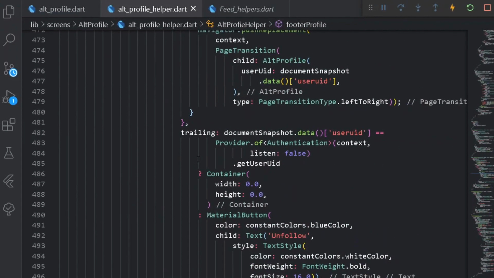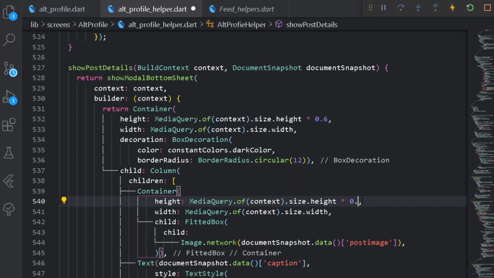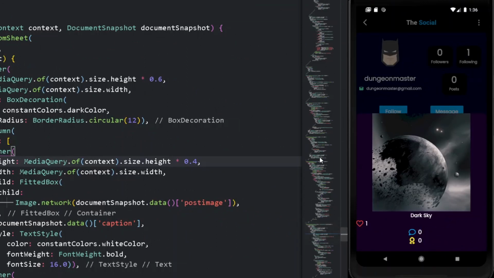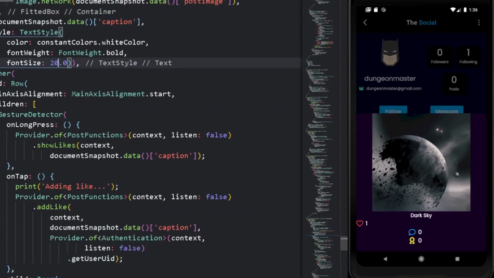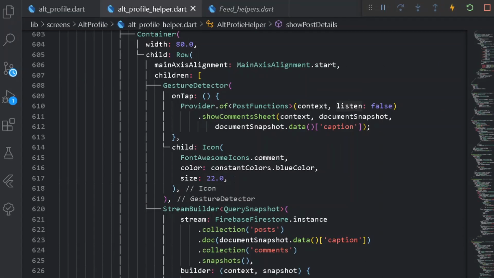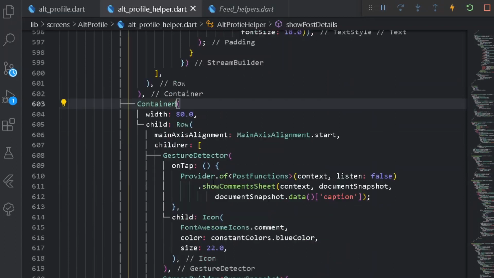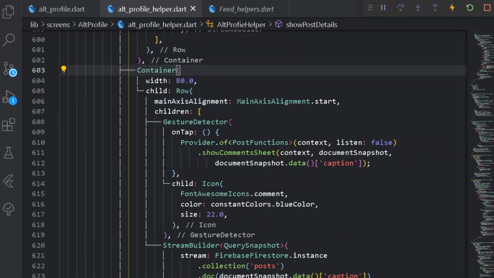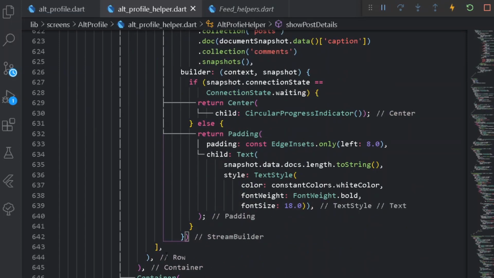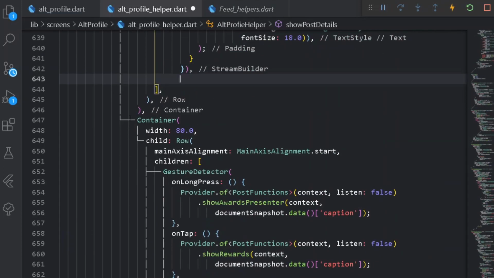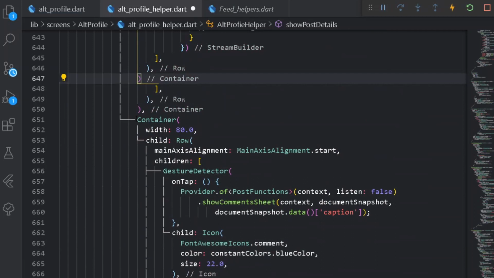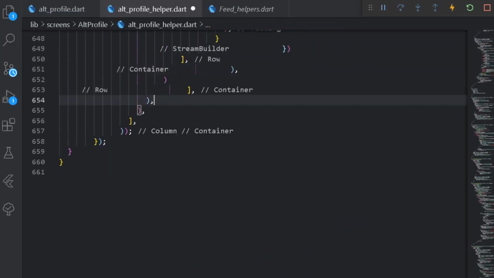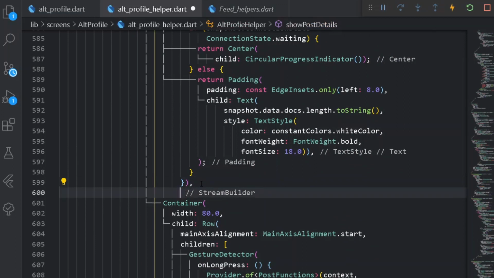So let's fix that up. For fixing that up, we can simply come down, and first of all let's have a somewhat larger image size. Let's open it one more time. Alright, large image size, and after that, let's increase the caption size to 20, and after that let's come under our row. Under our row of all the container, we just have a gesture detector and also a stream builder. After the following stream builder, we can copy the entire container and paste it after the stream builder, and also we can copy the following downward container, remove it from there, format document once, and paste it here.